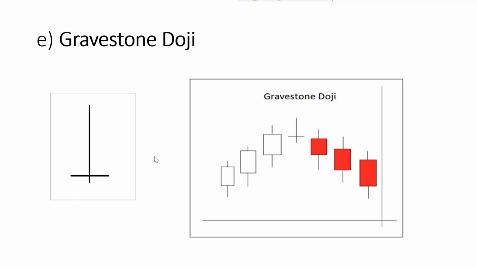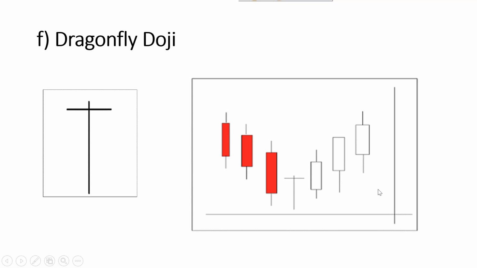Gravestone doji. So this one shows the shadow or the wick is again long. So it's like a gravestone, meaning the upcoming days are going to be very negative. The opposite of gravestone is dragonfly. Again, it shows the upcoming days are going to be positive because this particular long lower shadow represents positive price